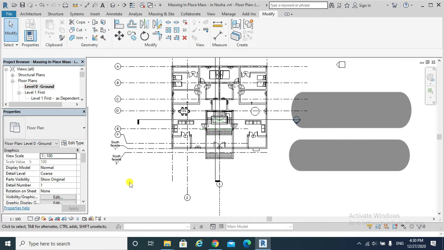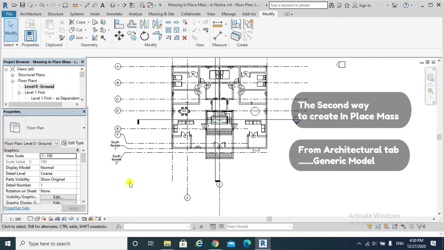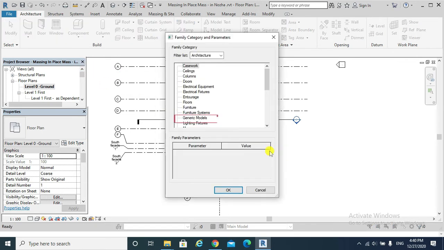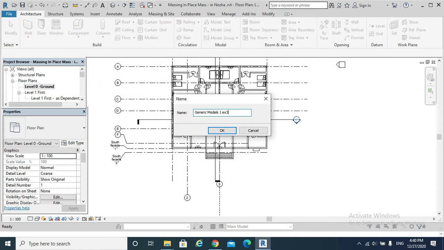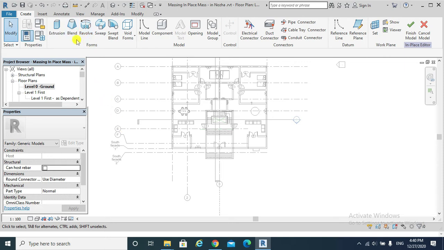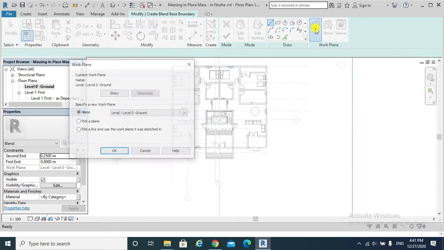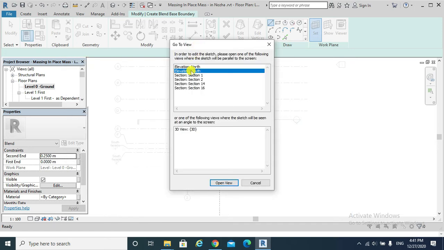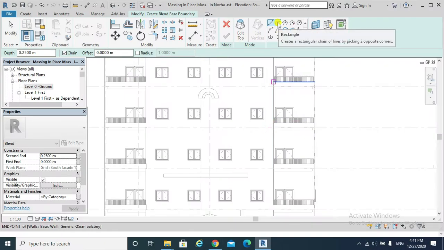The other example is to create an in-place mass by architectural tab, but through the generic model, not through the mass. So we hit architectural tab, component, model in place, then generic model 3. I would choose a blend form. I need to go to set my working plane. Also I would choose south facade 1, open that elevation, south elevation, open view. I will create my first profile, a rectangle,